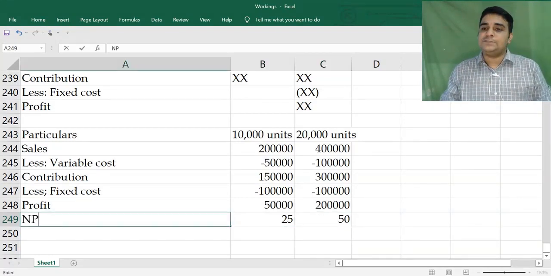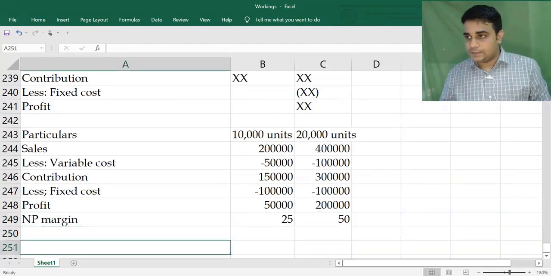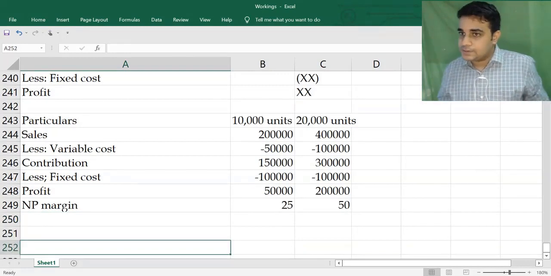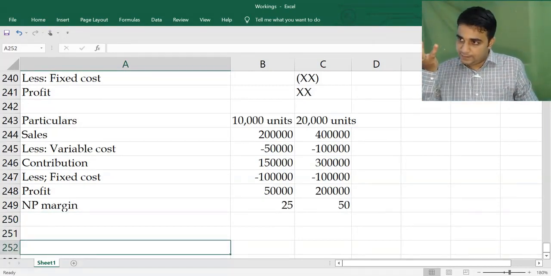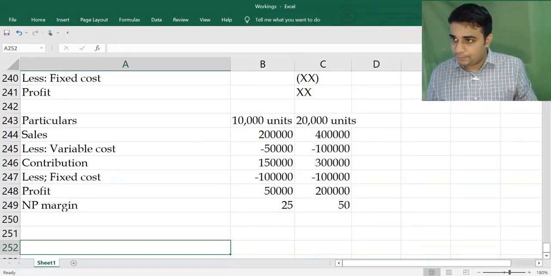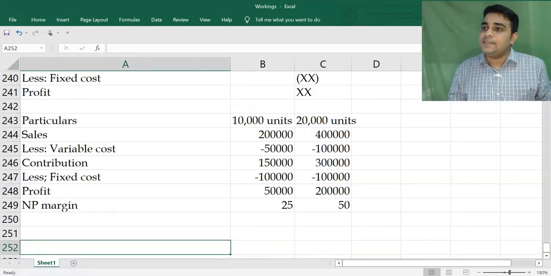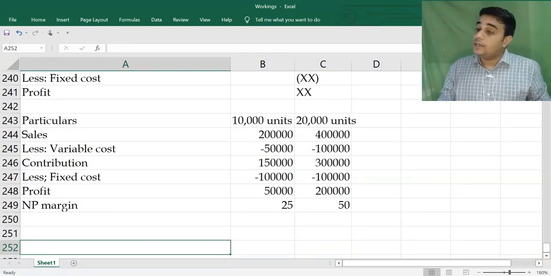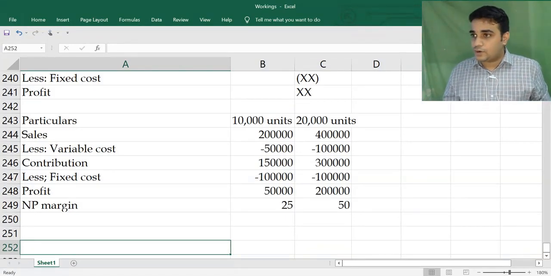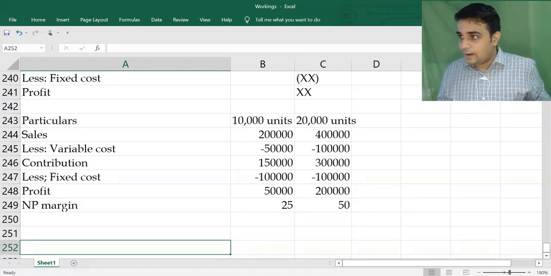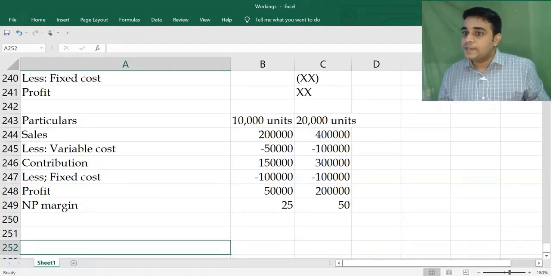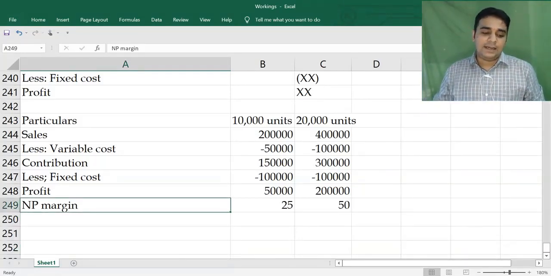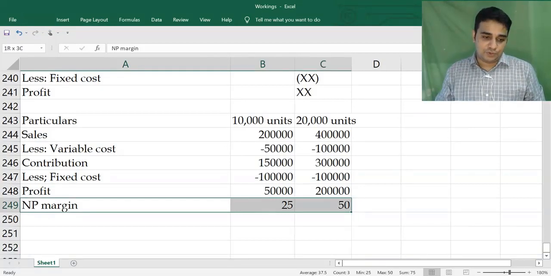Normally if somebody says profit margin has gone up, my mind will say either selling price has been increased or cost per unit has come down. Either you have increased the selling price or reduced the cost. Here none of them have happened. You have not reduced the cost. Technically fixed cost has not come down. You have also not reduced the variable cost. Variable cost per unit remains the same. So practically this is an irrelevant ratio.